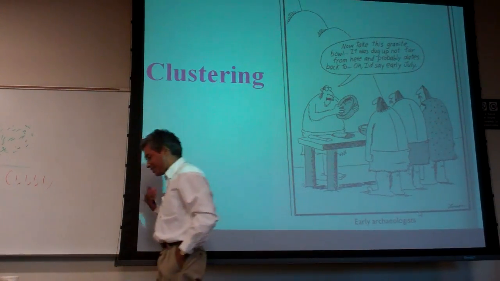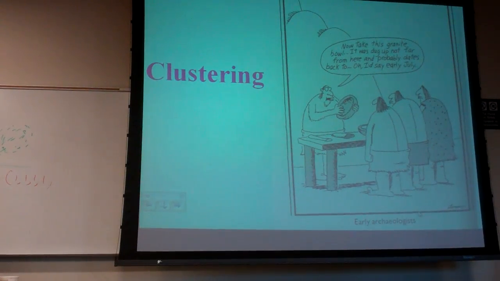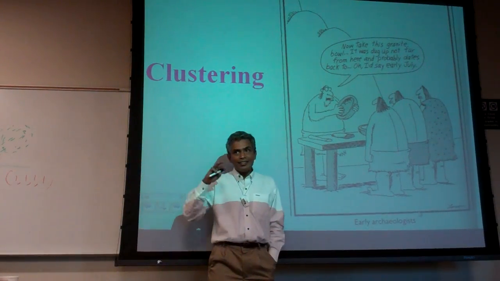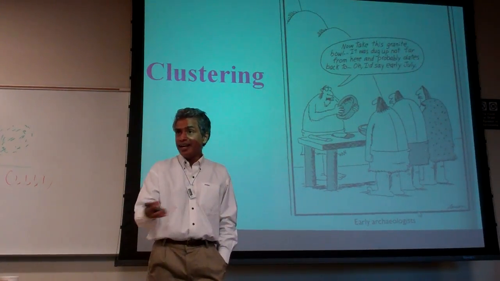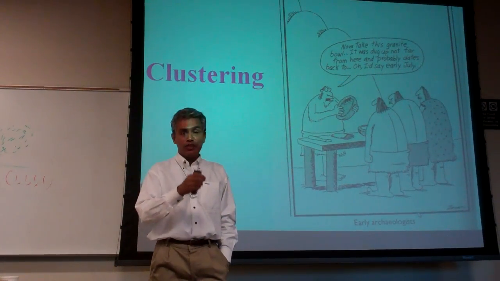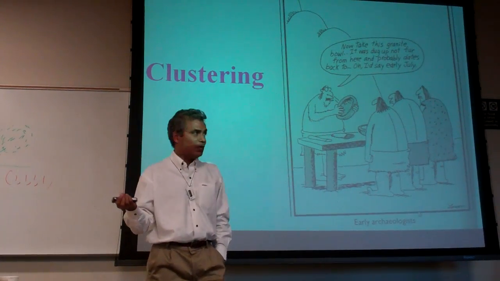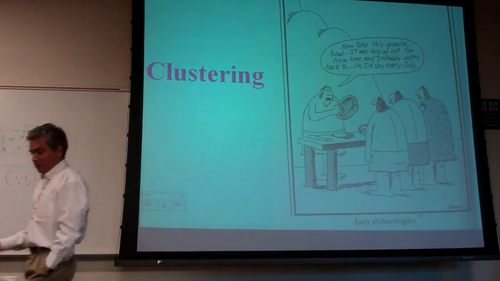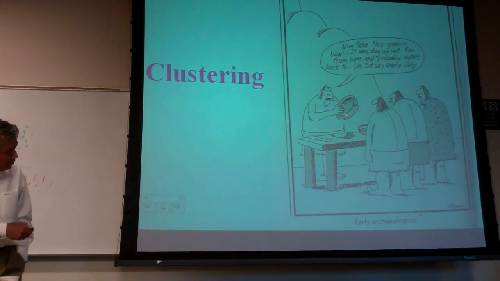Clustering is actually one of the more classical topics in this course. And of course, classical in computer science is sort of an iffy thing because computer science didn't exist. In the 1900s, the word computer meant a human being who does calculations. So I thought this essentially shows our predicament. These are Neanderthals, and the early archaeologists, when they found this, and he